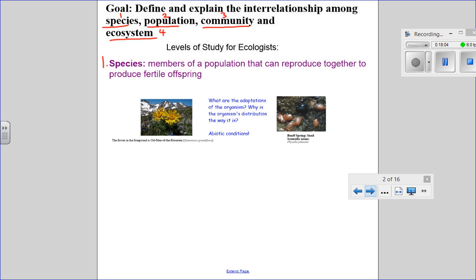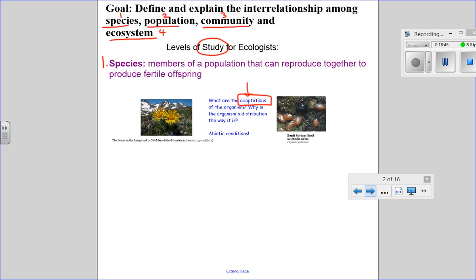So that's the definition. But we're always talking about what the ecologist is going to study. And since this whole section is about what can affect the organism's survival, if we're going to look at just an individual species, the things that we will look at would be, first of all, adaptations. Now we'll see the word adaptation again when we start talking about evolution and maybe how things have changed over time. But the word adaptation would be the key thing that you would focus on if we were studying just one species, not the other organisms that affect it, but just the one species.